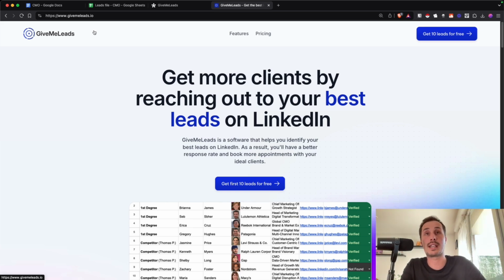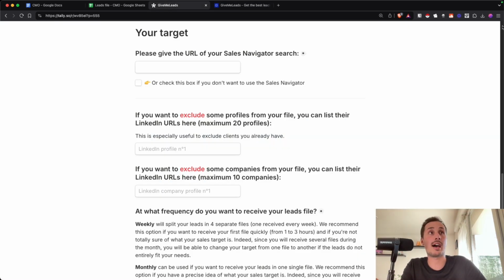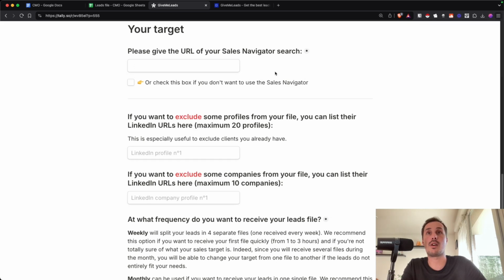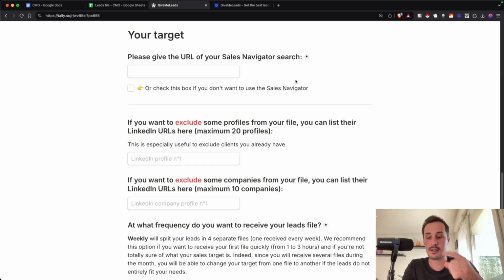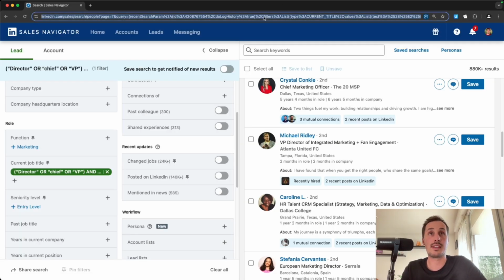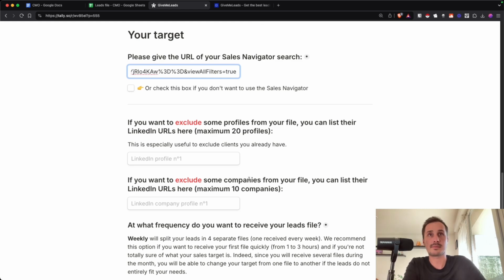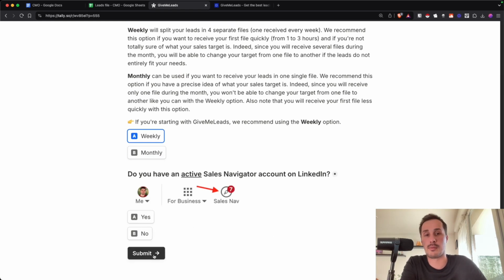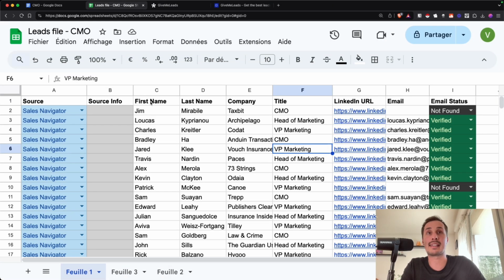You do the quick onboarding, and then you will have a form like this one where you only have one thing to do: to copy paste the LinkedIn URL of your search. So this, let's say copy, go back to the form, paste, and then you submit the form. Depending on the number of leads you want to export, it will take between 5 minutes to 1 hour. And at the end, you will get a clean leads file like this one, where you have all the data